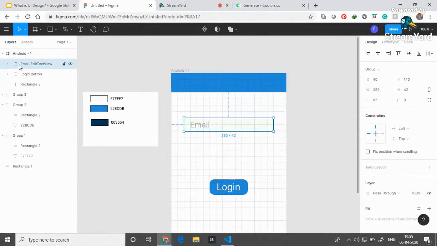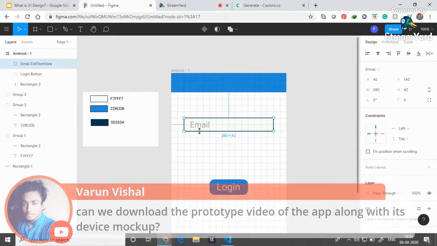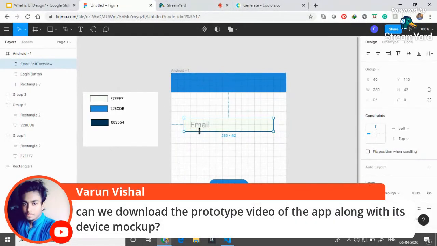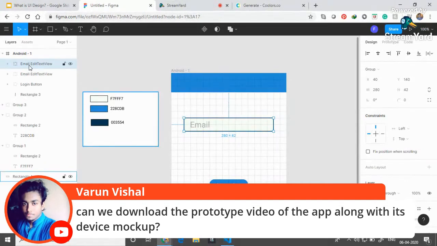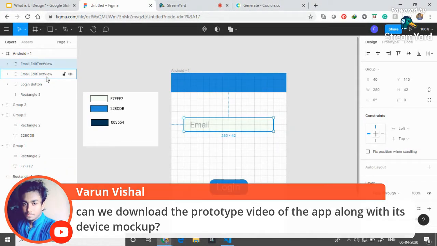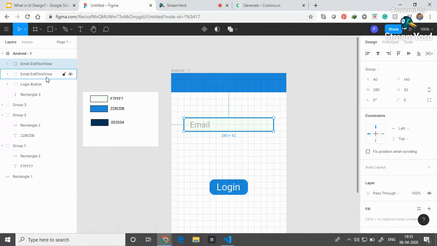Once you have done that, if you want to duplicate this email text box, we would require a password and email to log in, right? So in order to do that, you have to select it and press Ctrl plus D. And if you're using Mac, you have to press Command plus D. Once it's duplicated, just drag it down. Now you have two email edit text. Make one as password